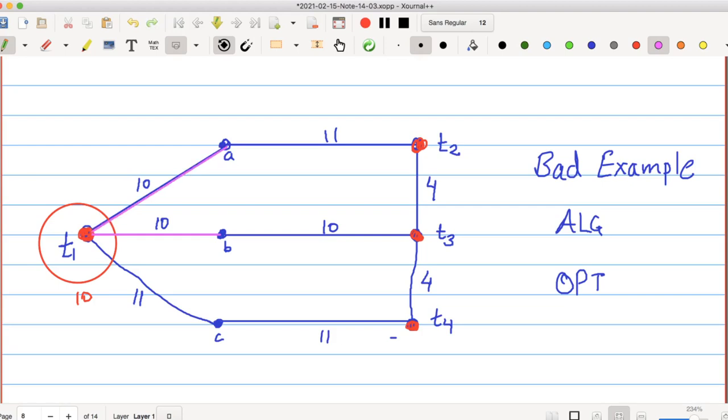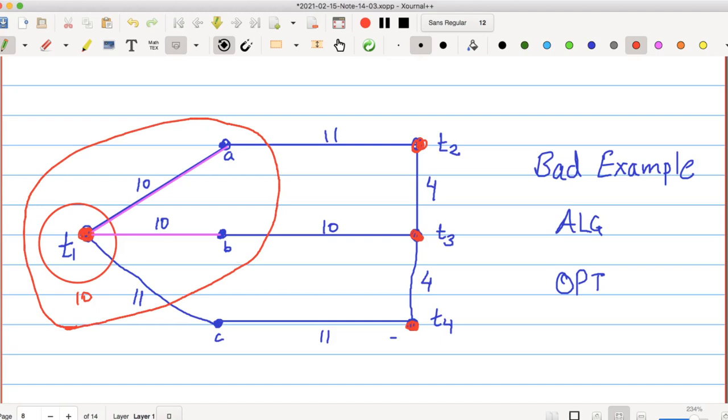Okay, so now these two edges are tight. Now you ask what is the inclusion wise minimal set which includes T1. And of course, the cut set should not intersect the tight edges, right? So basically, you should consider the connected component formed by the tight edges, right? So T1AB is a connected component using the tight edges. T1AB is our next set which we will consider.